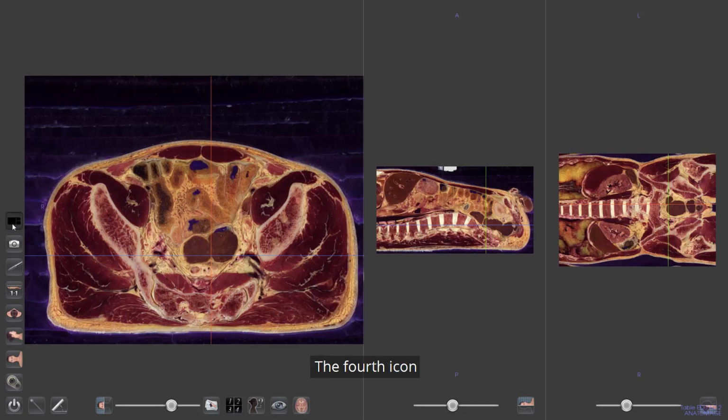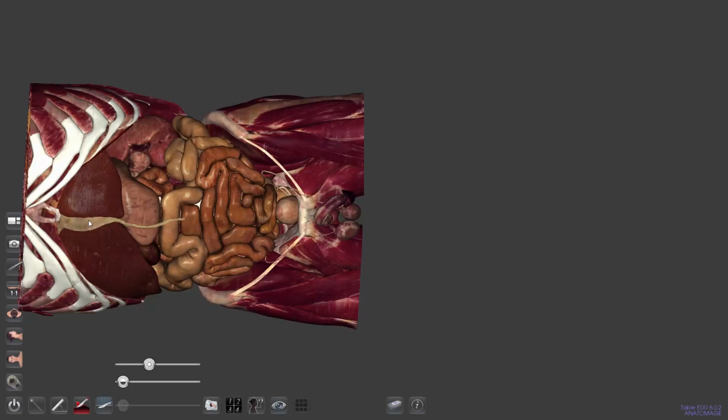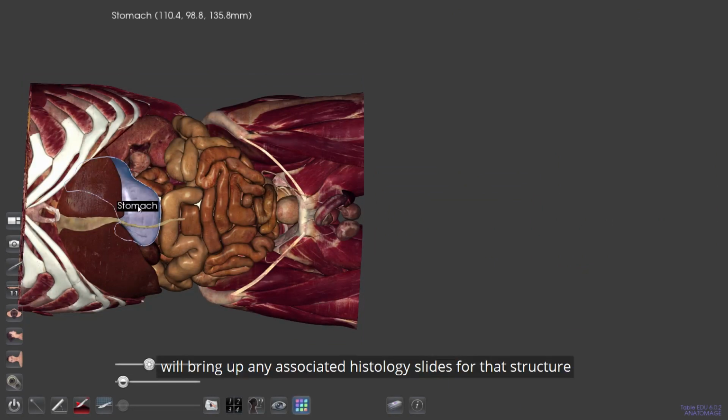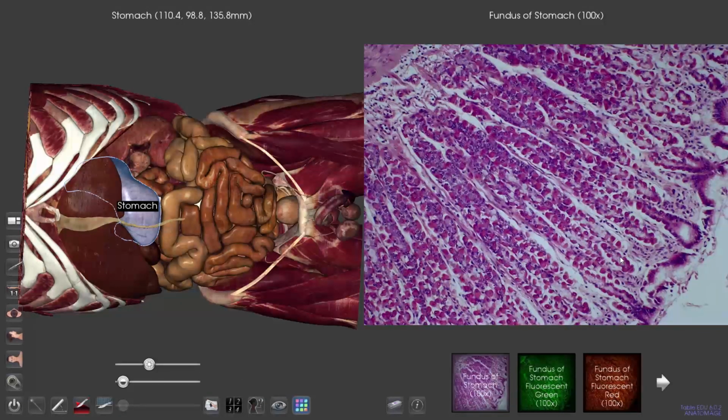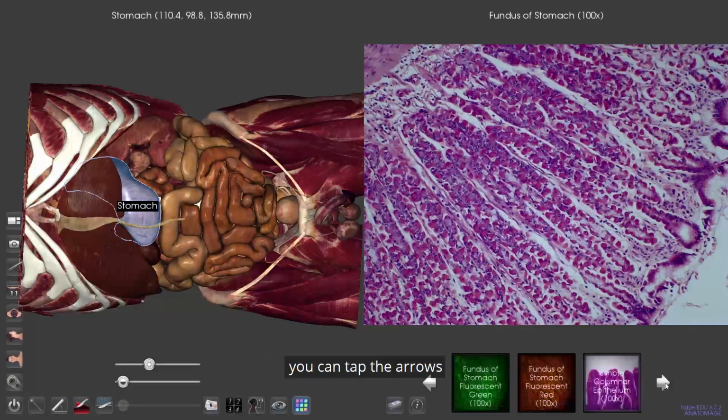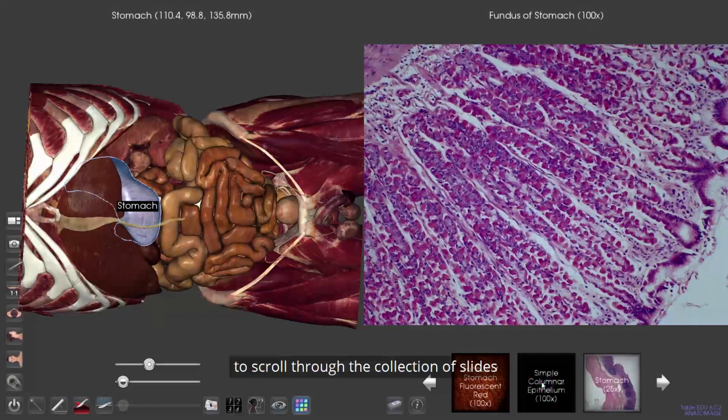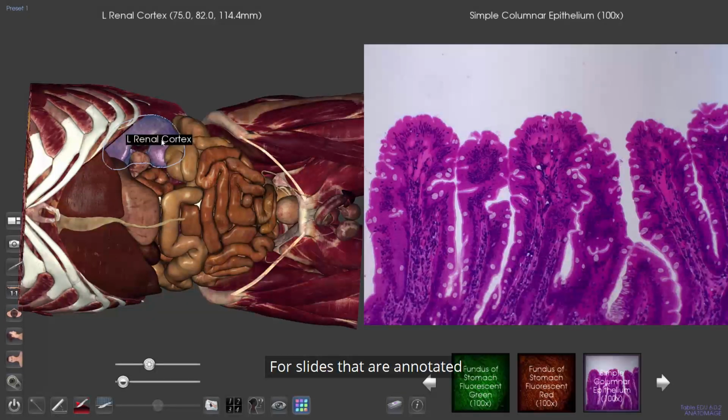The fourth icon in the layout menu is the histology layout. In this layout, tapping on a structure in the 3D anatomy will bring up any associated histology slides for that structure. If there are multiple slides for a given structure, you can tap the arrows to scroll through the collection of slides. For slides that are annotated,